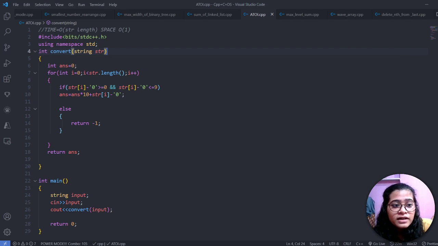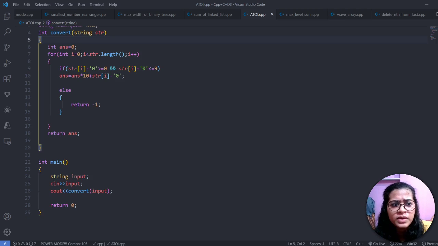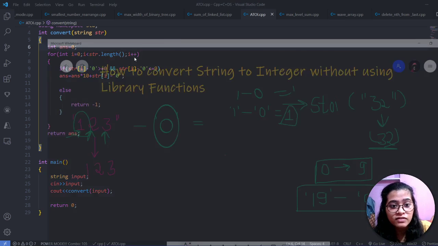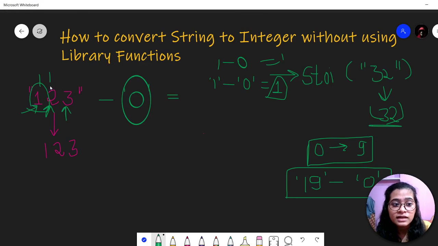See, I have made a function int convert, and I am taking a string as a parameter because we have to convert the string into an integer. Then I have made an answer variable and initialized it as 0. Now I have run the for loop till the length of the string, str's length, because we are traversing each character in the string one by one.